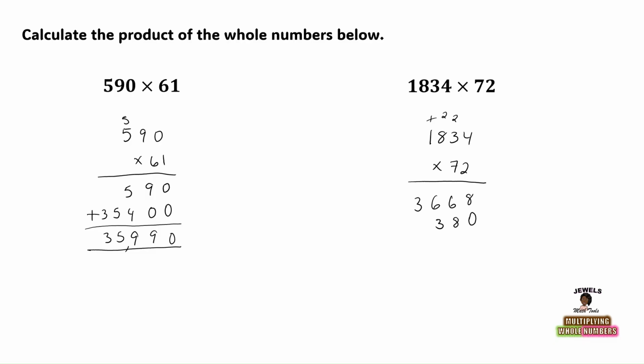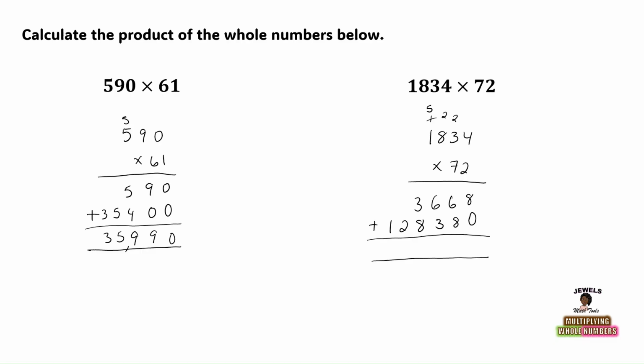So 7 times 8 is 56. 56 plus 2 is equal to 58. We'll write our 8 underneath our 3 and carry our 5 to the thousands column. 7 times 1 is equal to 7, plus our 5 is equal to 12. And since we have completed our multiplication, the entire 12 will be written in our solution. Let's sum our numbers together